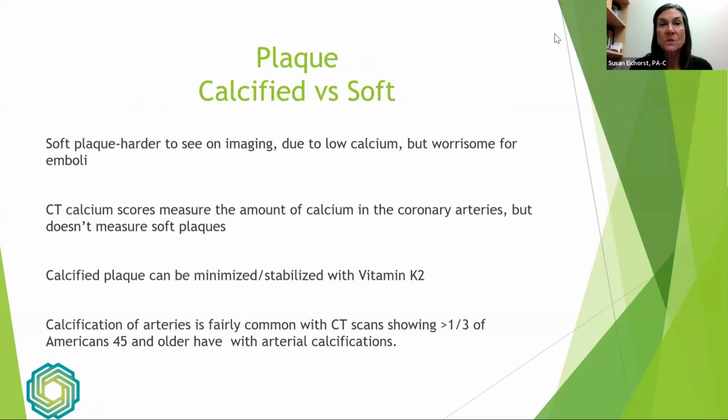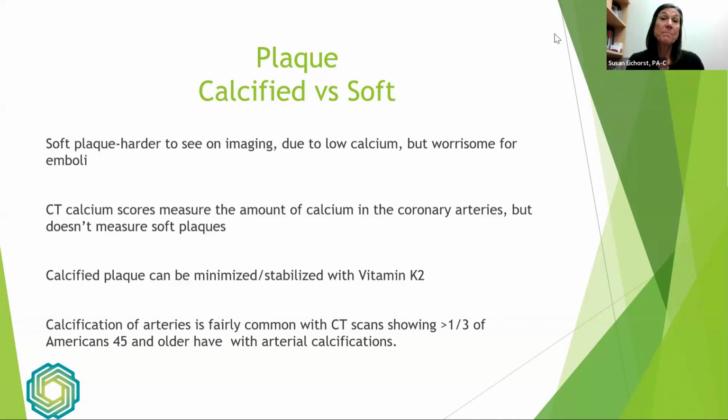Plaque comes in a couple of forms, and I've started to talk about this earlier just briefly, but there's soft plaque and hard plaque. Soft plaque is harder to see on imaging studies because it really doesn't capture a lot of calcium within the body of it. But it's more worrisome because it's more fragile and can break off a piece. That piece can float in the bloodstream, land in a small artery in the heart, or in the lungs, but more frequently in the brain, leading to a stroke, or a heart attack if that's in the heart. CT scan calcium scores will measure the amount of calcium in the coronary arteries, but it doesn't capture how much soft tissue there is. But it's still a great measure for the amount of calcium.